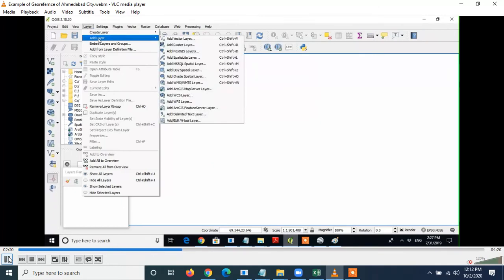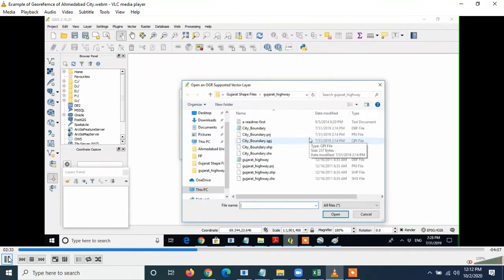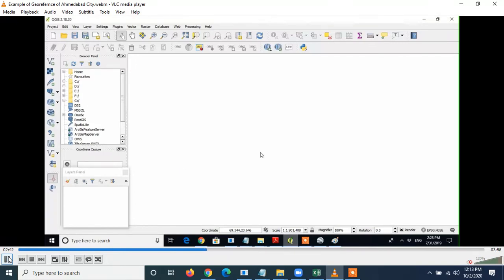So I'm adding one vector layer. You can select any shapefile which you want to add. So I'm adding a shapefile of highways of Gujarat.